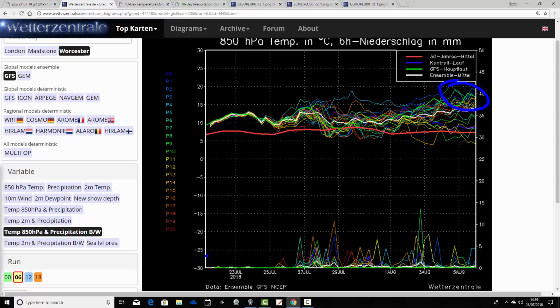As far as precipitation is concerned for Worcester, we have a lot of dry weather coming up over this coming week. Around this peak of temperatures on Friday, we've got rainfall spikes. That's a thundery breakdown taking place, thunderstorms moving in from the west, and then after that we have some precipitation spikes, not all that many of them. So this first week of August could be hot and a little bit thundery, but that's too far away to have any